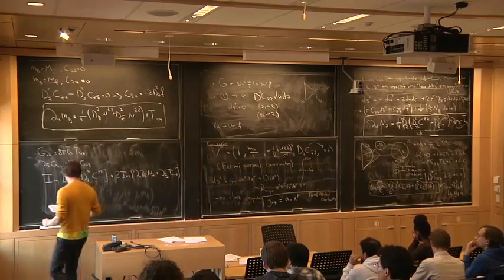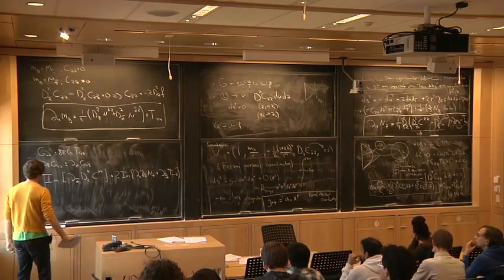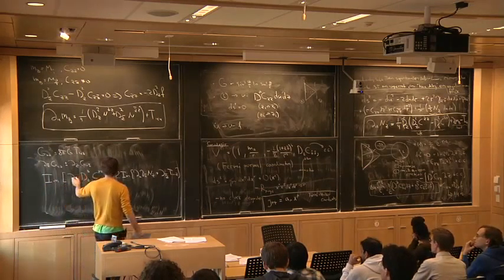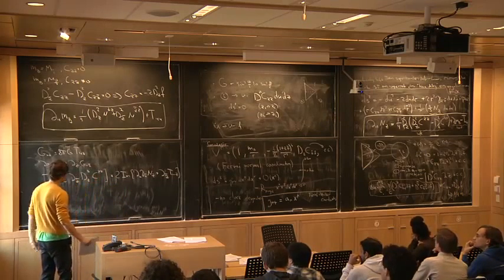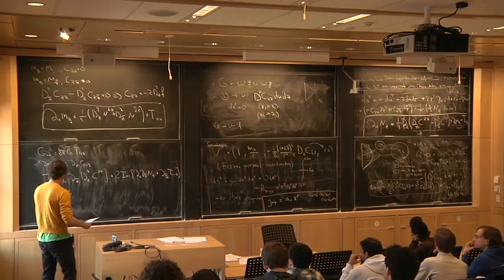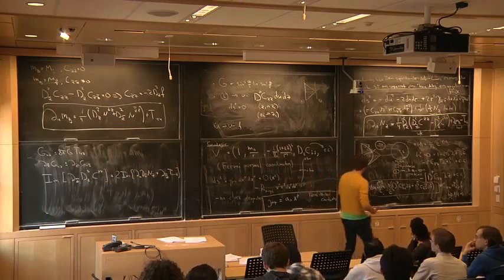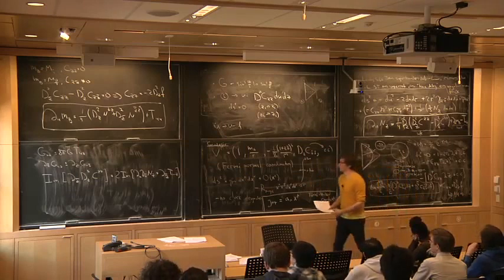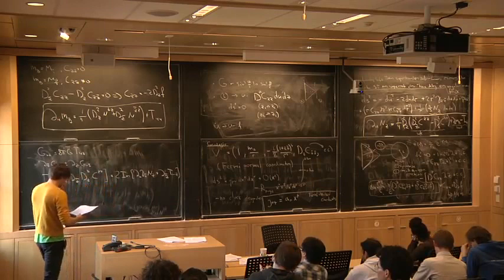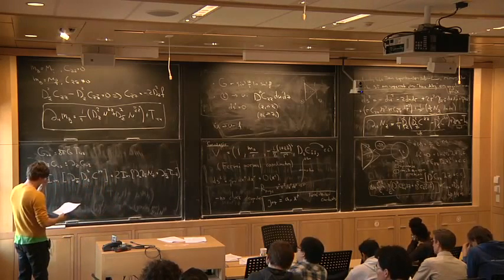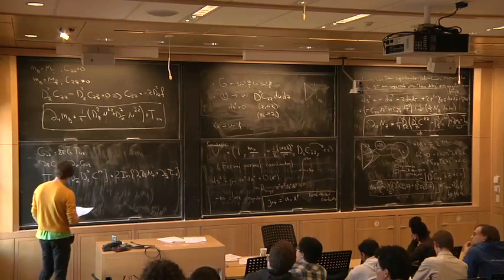Okay, so again, as before, we can now use some simple complex analysis theorem to partly invert this kernel and write a formula for delta U in terms of this quantity, and the answer is that